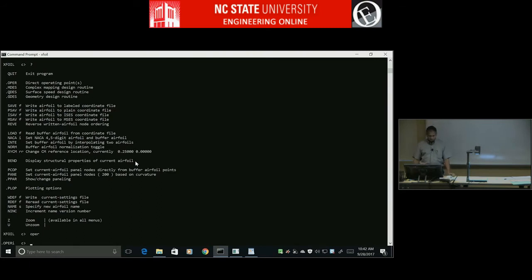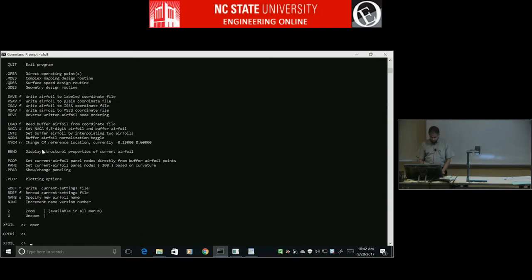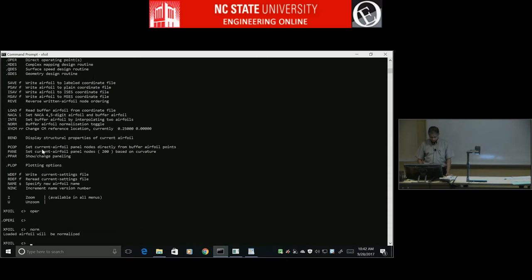There are also some menu items, like in the main menu there is a thing called norm. Let's go and see that. That means the loaded airfoil will be normalized, and what this is useful for is,